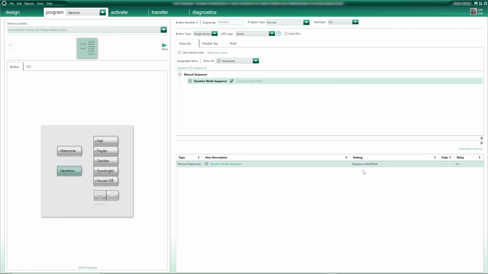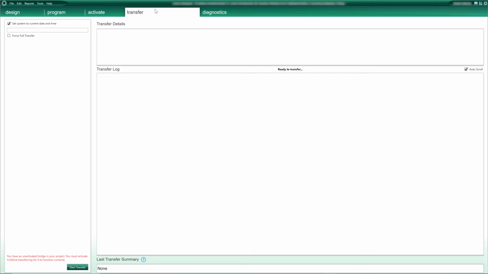Which means that each press will start and take me to the next step of that sequence. And to finish, I will set the LED logic here to be defined by sequence. So the button should reflect the LED status defined for each step of that sequence, which is exactly what I need. Now, let me go to transfer and download the database so we can test that button.